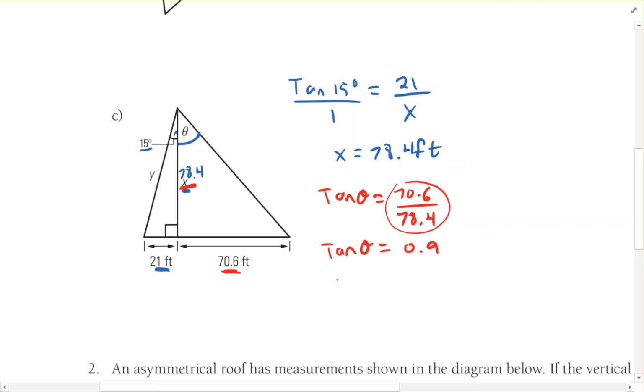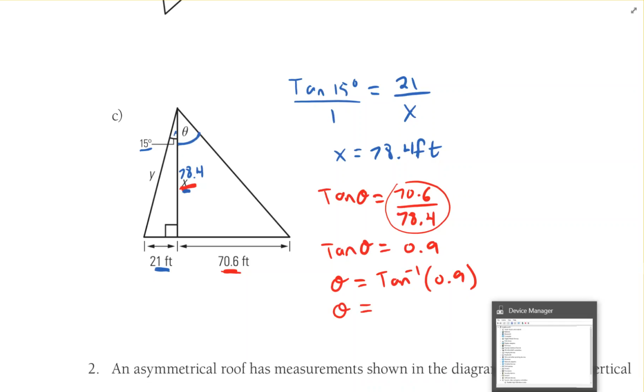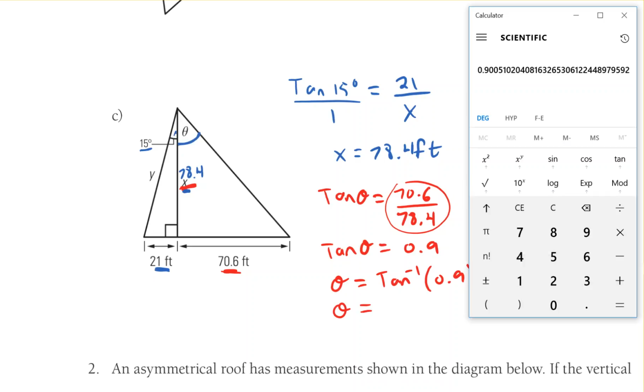Okay, now we've got to figure out what theta is. So we're going to go theta is equal to tan inverse of 0.9. The big thing is you just need to put it in your calculator properly. So the angle theta is equal to, and on your calculator, you have to use that second function, right? So you go 0.9